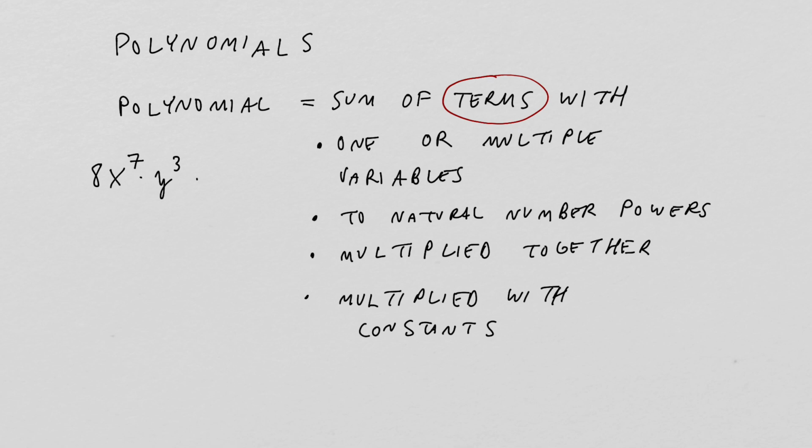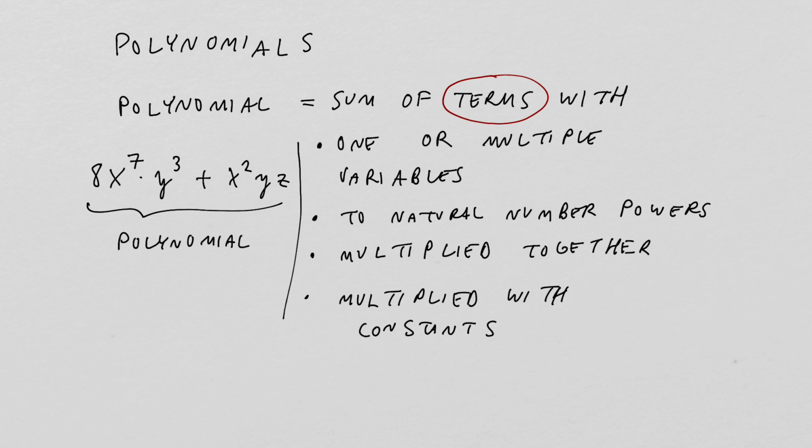Also, another term, x to power 2 times y times, let's say, z, this term would be okay, and the sum of these terms, it's a polynomial. The variables in this polynomial are x, y, and z,